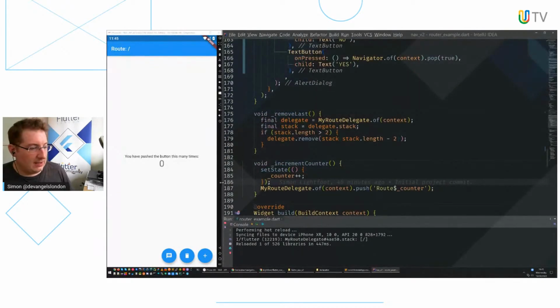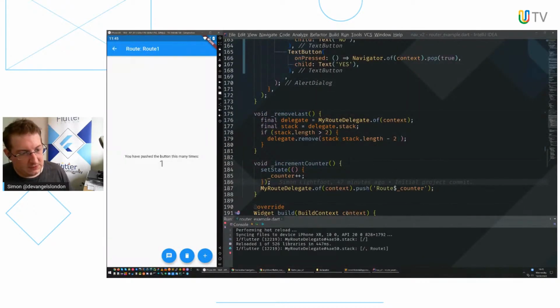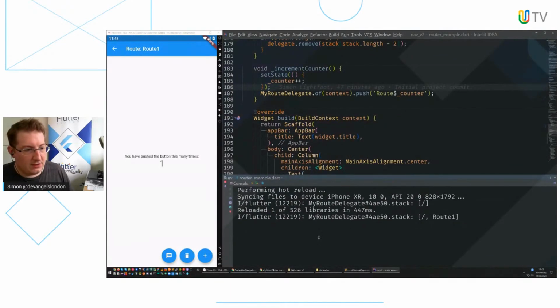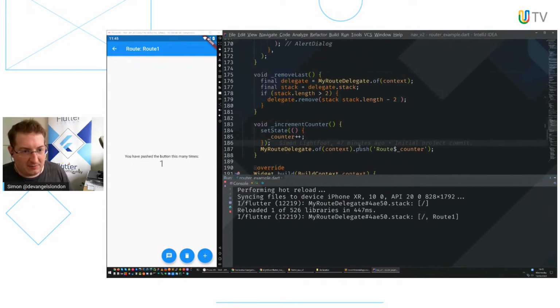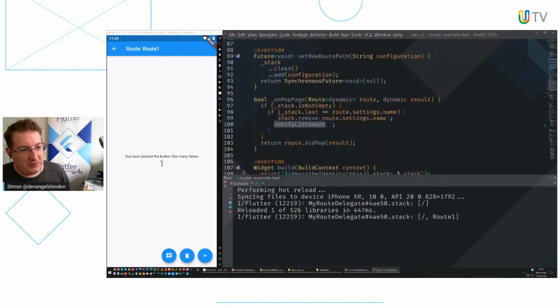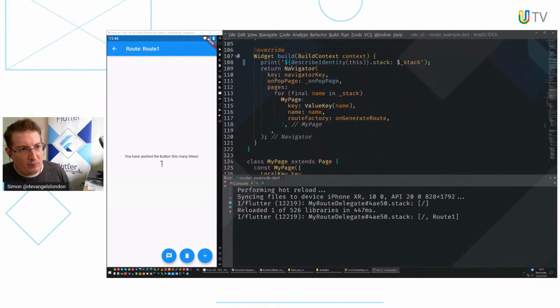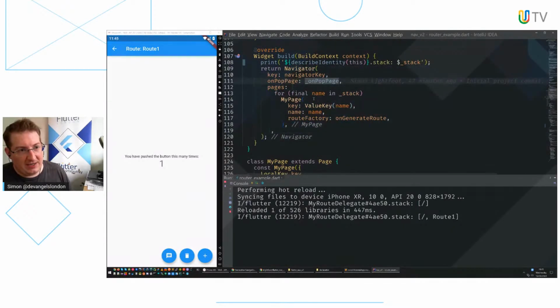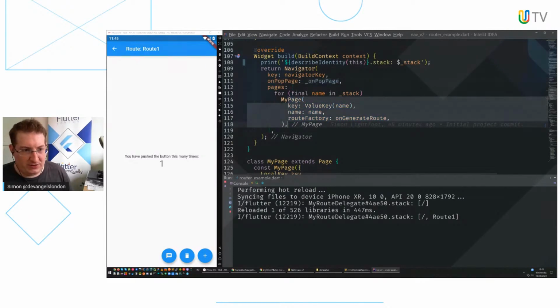So first of all, let's hit plus. And I'm going to see if I can make this bigger than the bottom here for you. So as you can see, it's added route 1, and we've got the back icon at the top, just like we did before, right? And to be clear, that's done push. Let's run this push method here. Push is added to our custom stack array and called notify listeners. That tells the router to rebuild the widget, and we'll come down to here, return a new navigator with a set of pages now with our new page being represented.